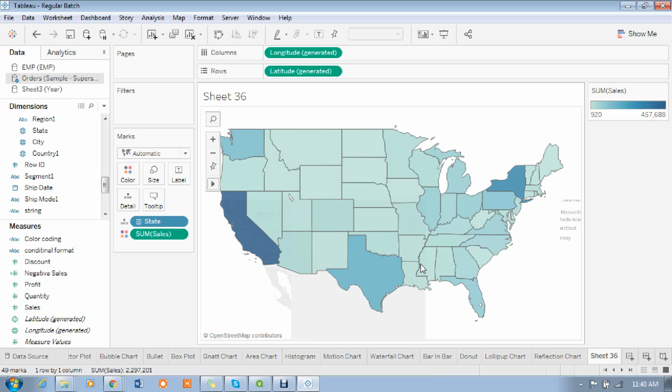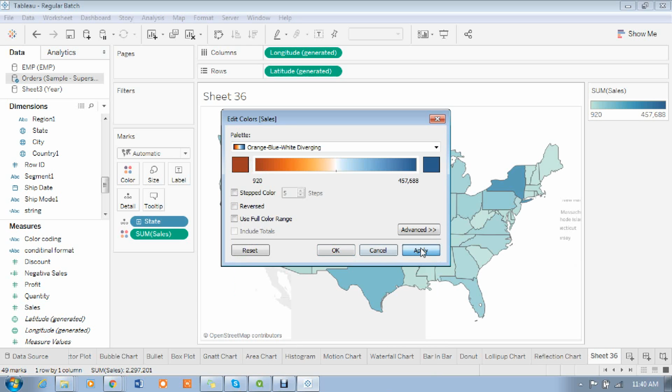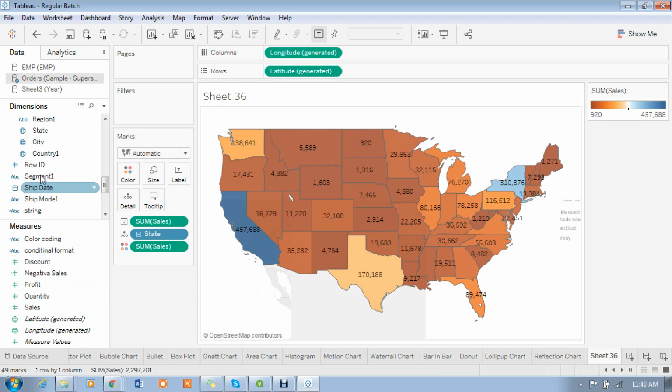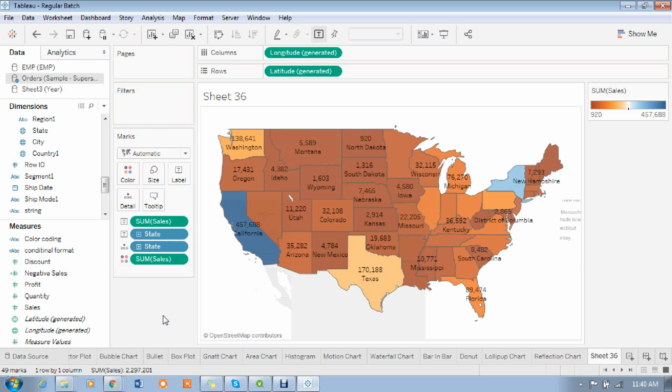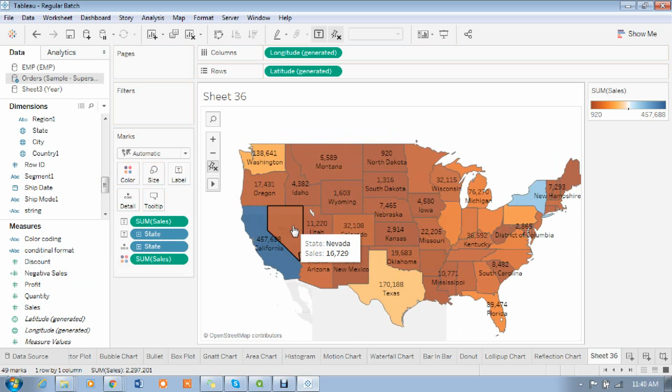This way we can see, madam. Oh, sorry, I gave reset. This one we regularly use. You can see, madam, for the lowest value this is the color. For the highest value this is the color. You can simply display the labels also here, and if you want to display the state also, drag state into the labels. This is also one kind of map report, madam. This is the filled map. The total state will be filled with some other color.